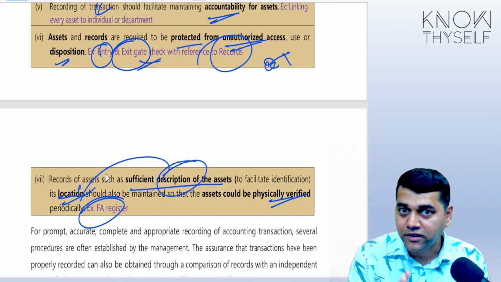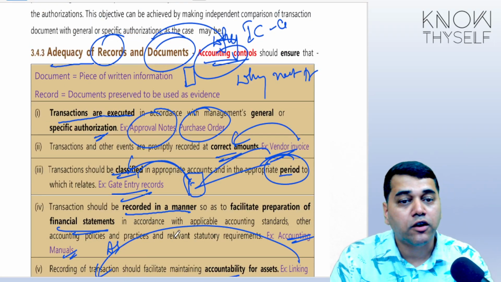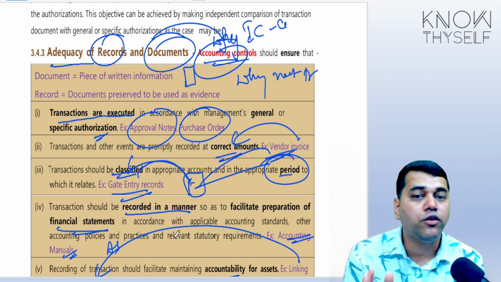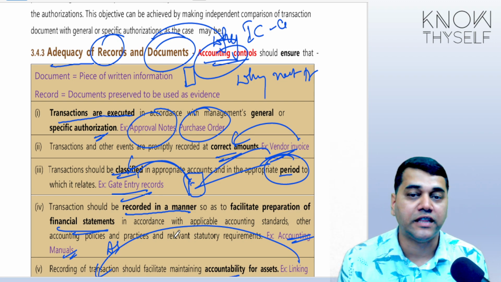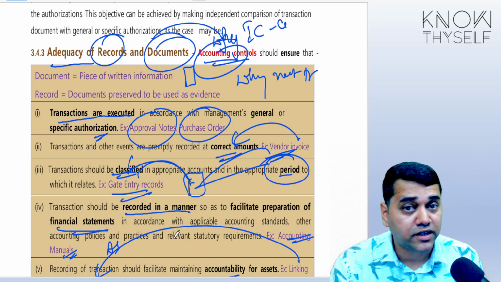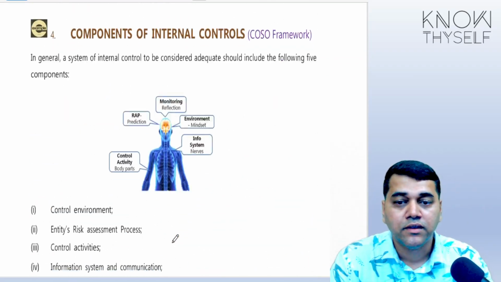No confusion again here, because here we should speak, even though they are talking about the word accounting control, here the accounting control is used from the point of view of records and documents, like why we need that. It may look like an overlap, but all are different. Please understand. Yes, let us continue our journey.